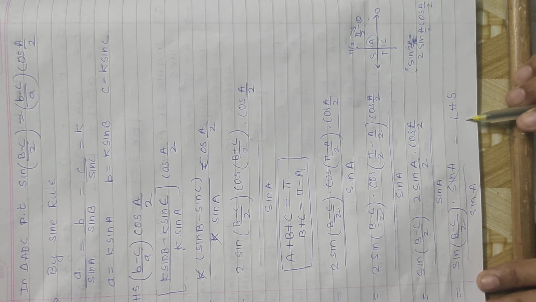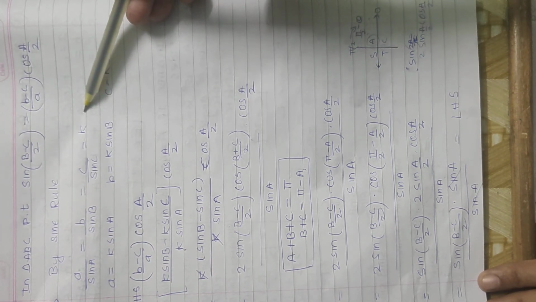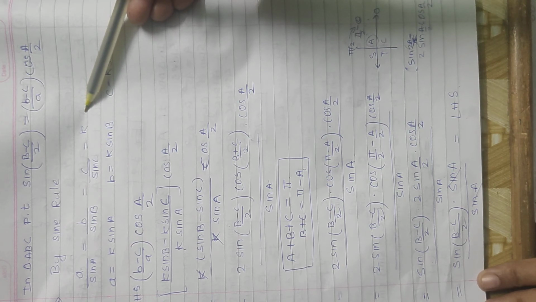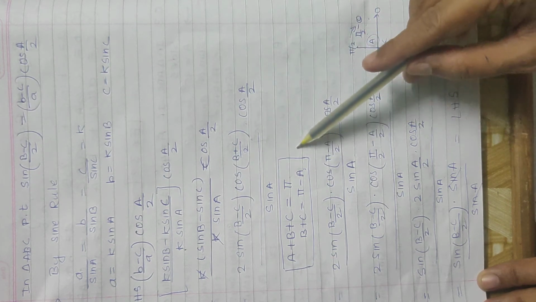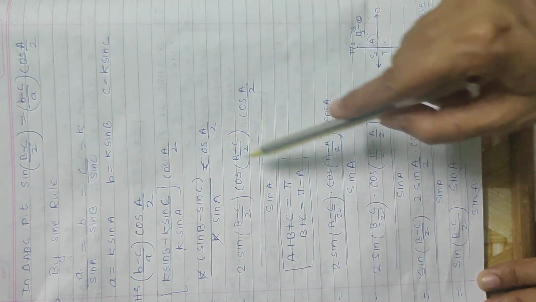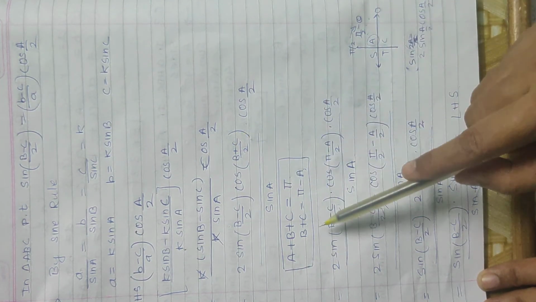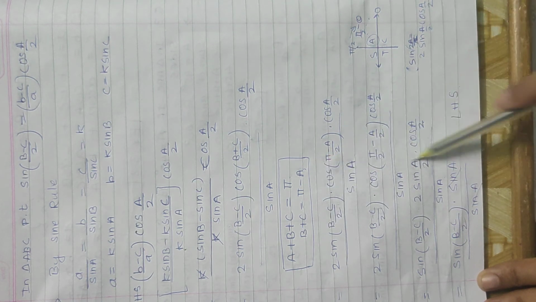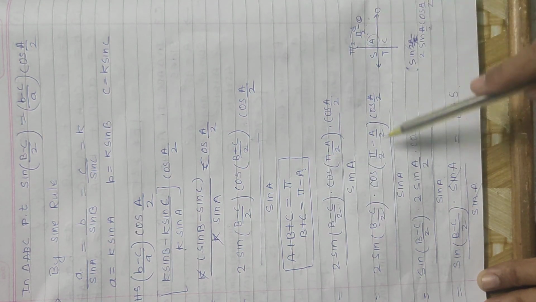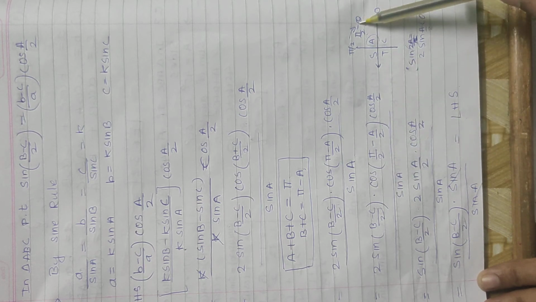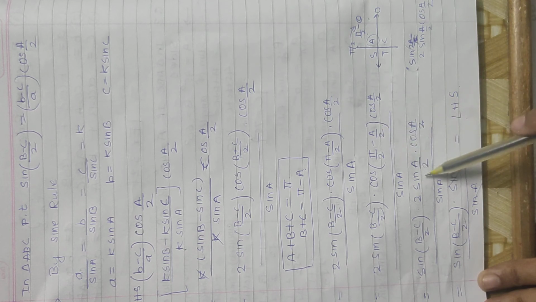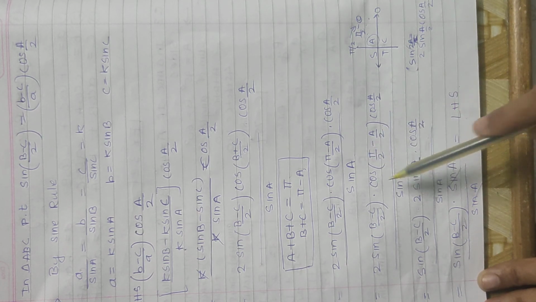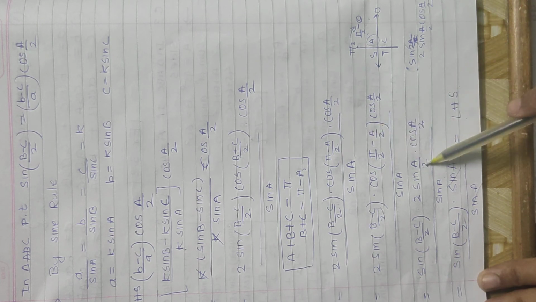In this way we have to prove this. So for that you should know the formula for the sine rule, and you have to find the values of A, B, C and substitute in this. And the main thing is how to write this: B plus C, you have to convert into pi minus A, and while converting you have to mainly see the quadrant also. In the first quadrant all are positive, so we have written here cos changes into sine, and pi by 2 is there, therefore cos changes into sine A/2 but with a plus sign.